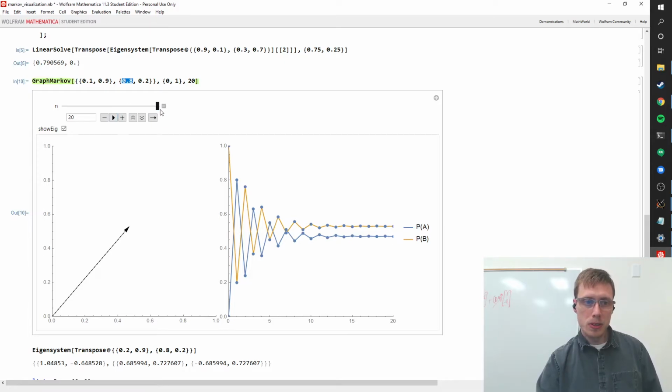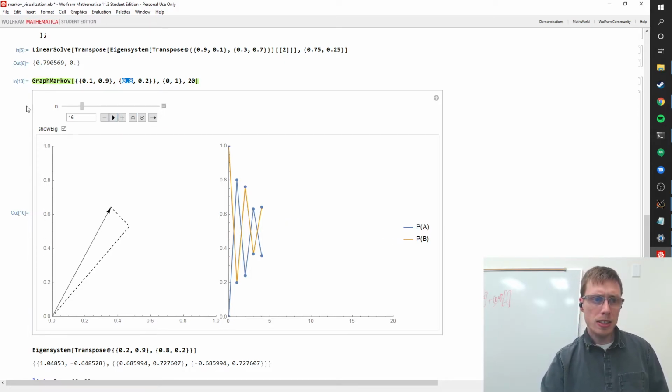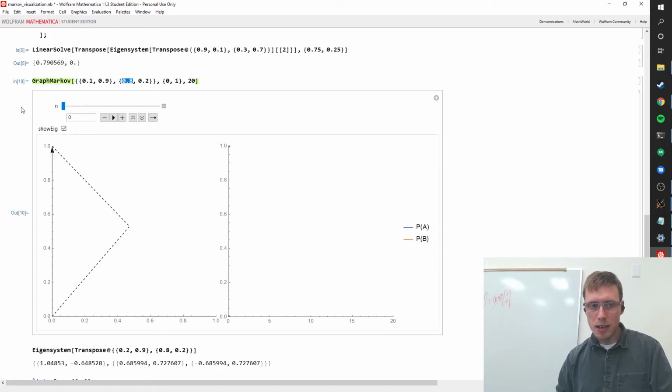Pretty cool. All right. So that does it with analyzing just these basic Markov chains. Now let's spend a minute